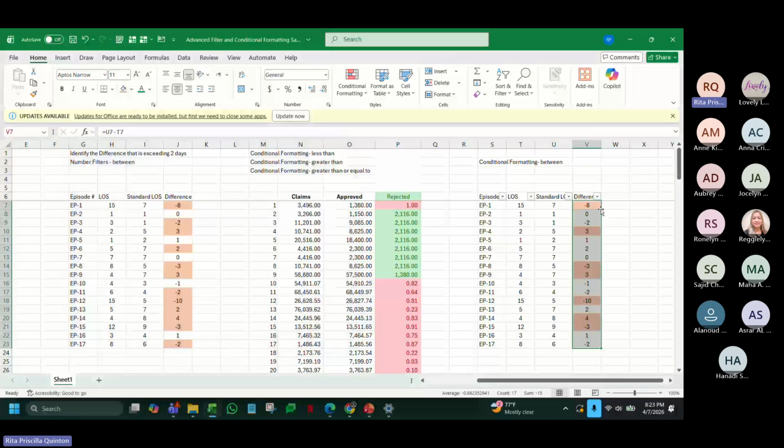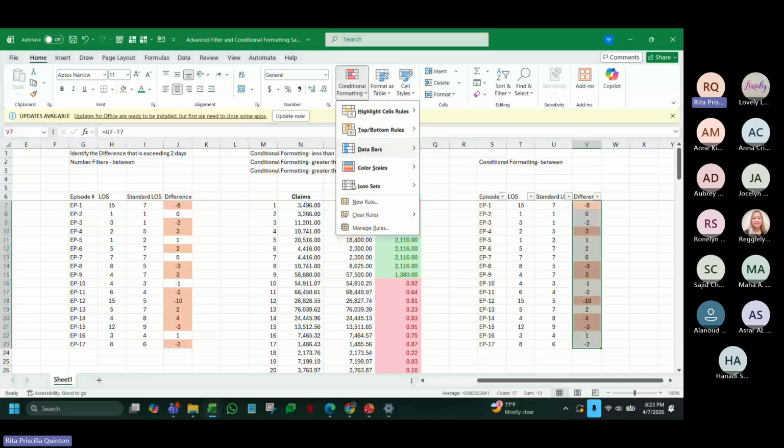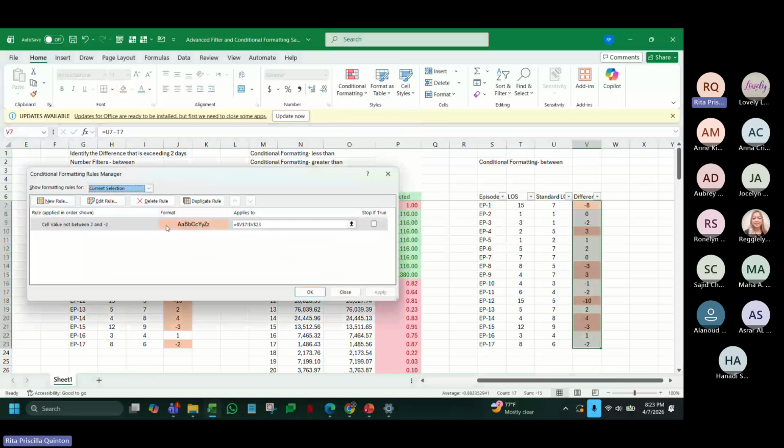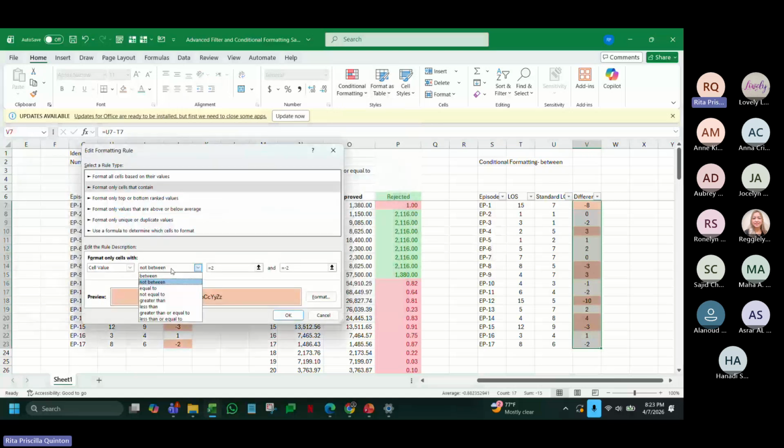Okay, so it will appear like this. -2 is not appearing and 2 because again we only mentioned to the Excel that it is more than 2 and less than -2. So, not between.